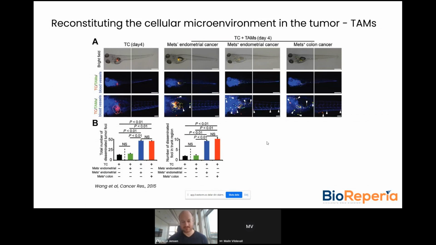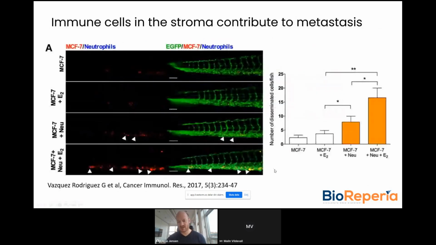an invasive phenotype. A similar study was done with neutrophils, showing that an estrogen receptor positive breast cancer cell line here is not metastatic. You see very few metastasized cells, and even if you add estrogen, the tumor did not become metastatic. When you added neutrophils, however, you could see a significant increase in metastasis, so the neutrophils alone could confer invasive phenotypes on these